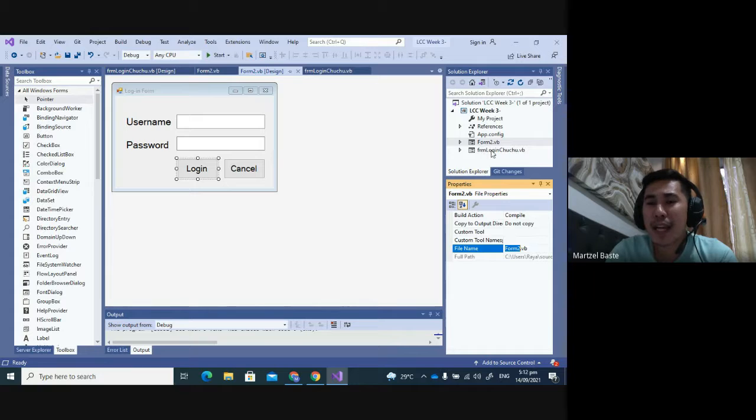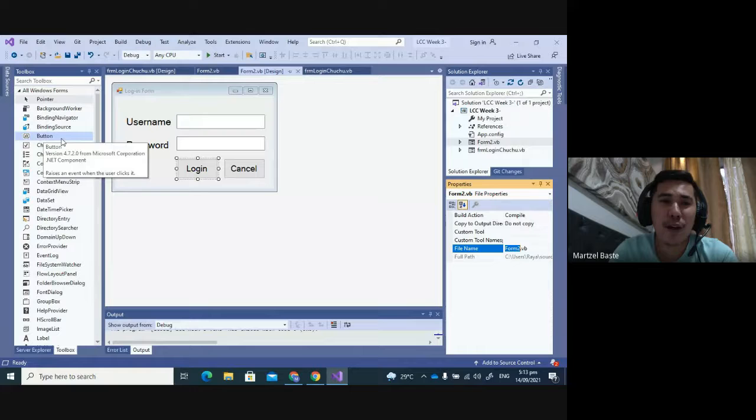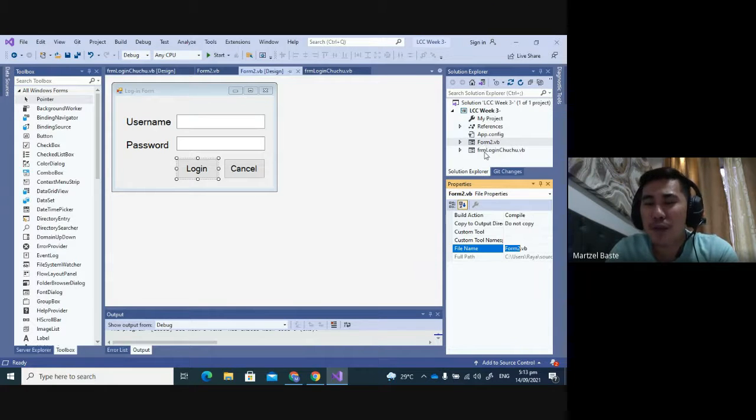Because later you will add modules and classes, which are normally named after what they represent. If you are working on student management, your module will be student, or the class will be student. The same with components: a button follows the BTN prefix, if you are told to follow that naming convention. The same with form. We cannot use form 1, form 2, form 3,